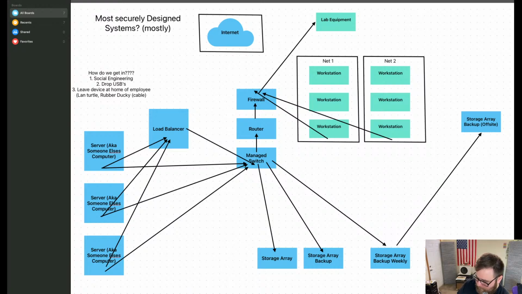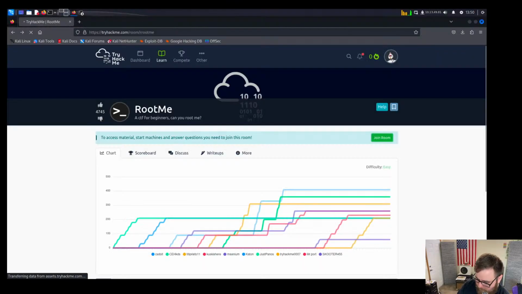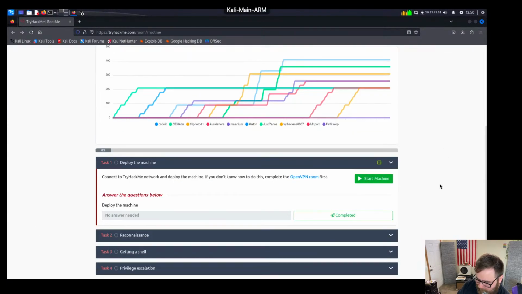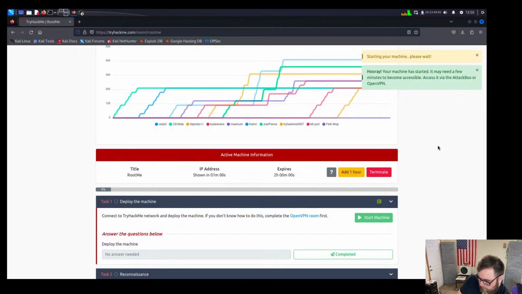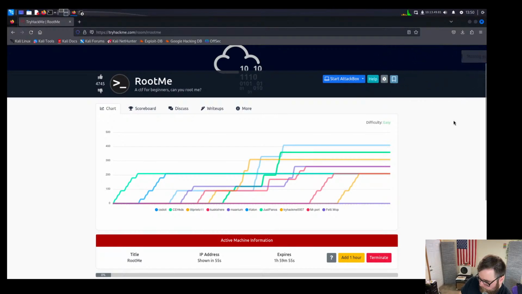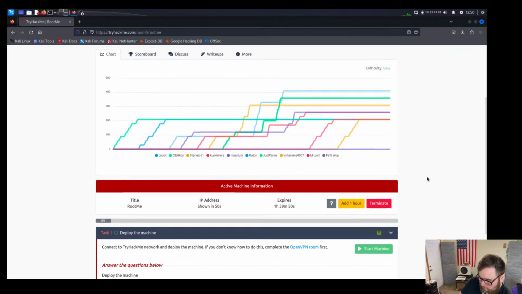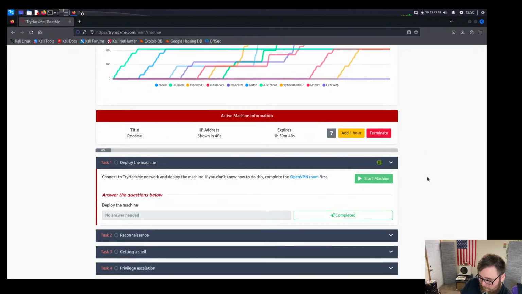Let's go back to RootMe and show you my screen. Close freeform. Go to the Kali VM. Let's see how struggle bus we will. We'll start the machine. Nice. It won't be up for another minute. RootMe. Let's see how long it takes. I haven't done CTF in a minute. Been actually doing pen testing and red teaming. So I guess I've been doing actual CTFs, but